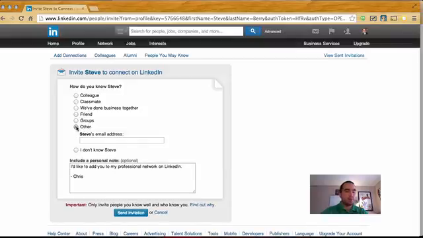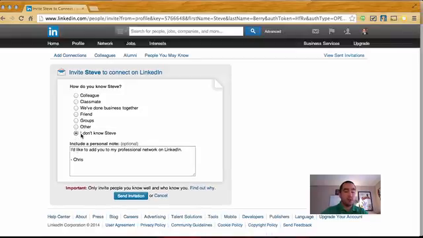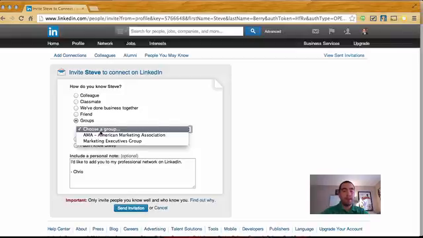If you hit other, you have to put an email address. And if you don't know Steve, you send the invitation, it will say, hey, you don't know Steve. You can't do this. So one thing that I love doing is hitting the group feature and finding the group